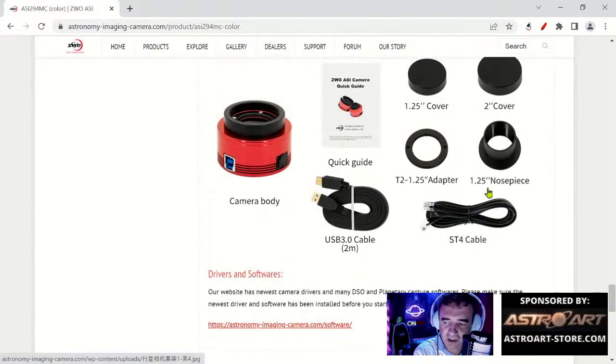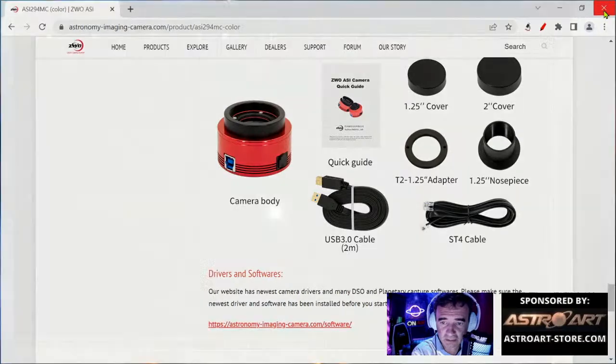This is the 1.25-inch nose piece. These come with the ZWO cameras, or most of them, not all maybe, but at least this one has. And you also have this adapter, but you will need this, okay? For that telescope to work in a 1.25.